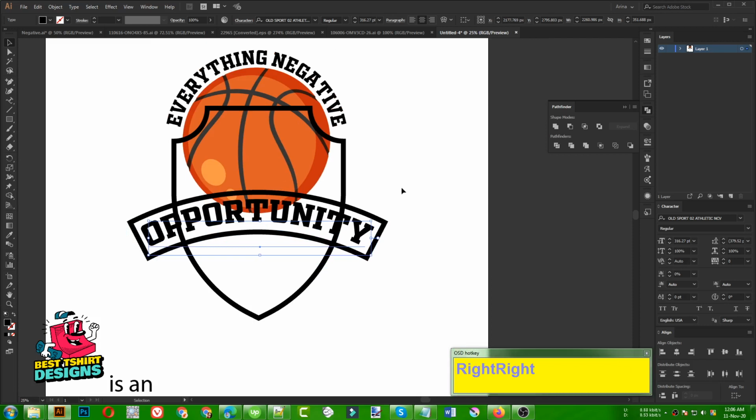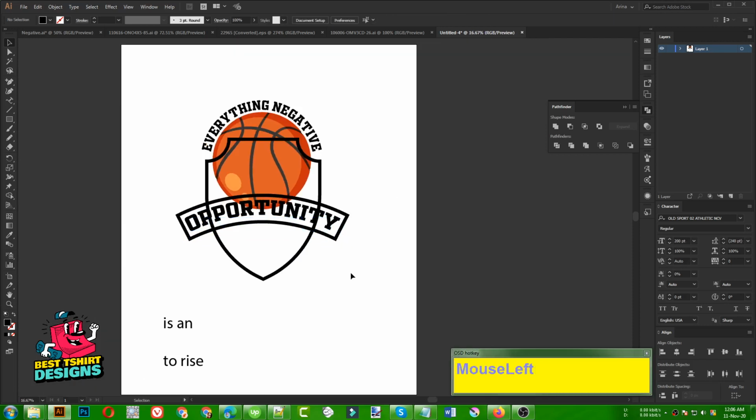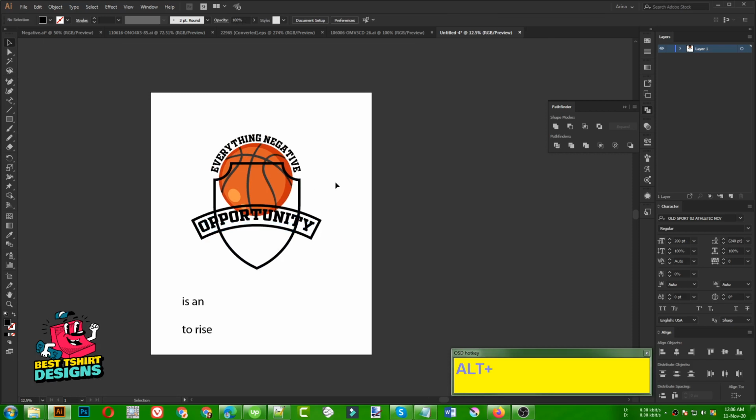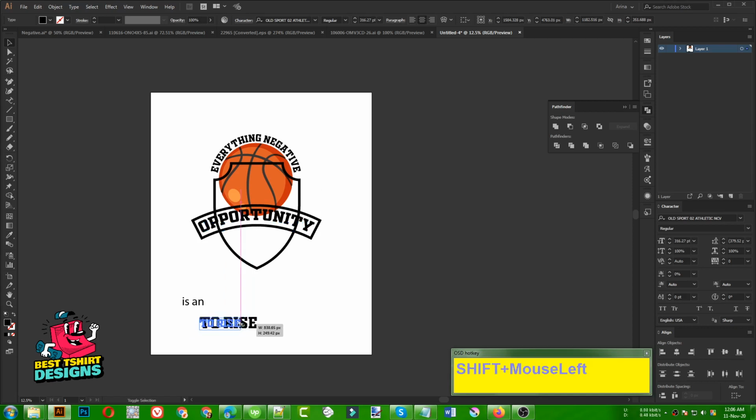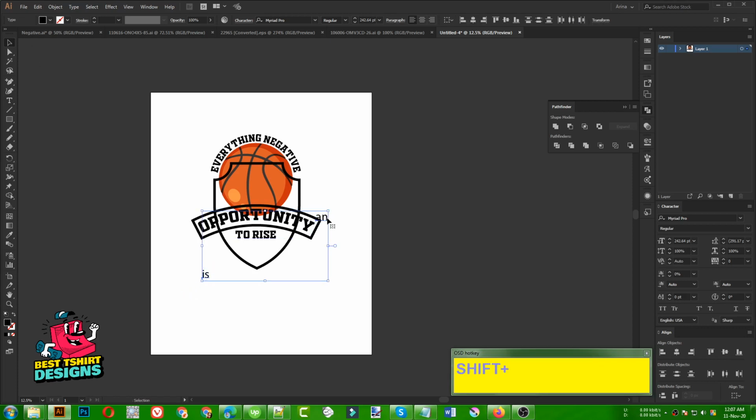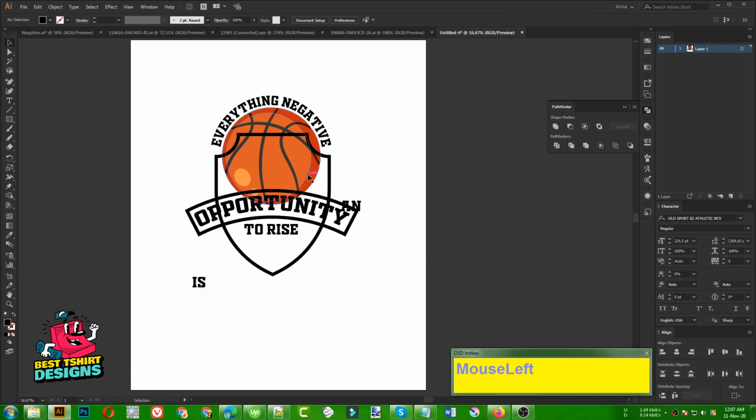So that is good. Now for this area here, "everything negative is an opportunity to rise." For this one I'm going to use the same style font and place it here. Okay, I have an idea that I can simply place that separately, just like this. Select it and then select the font size, maybe this one, and I am going to make it a bit smaller.